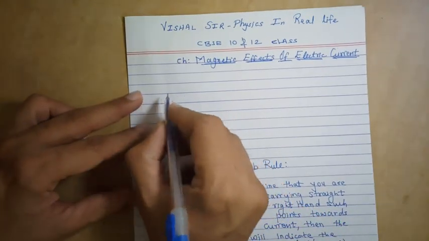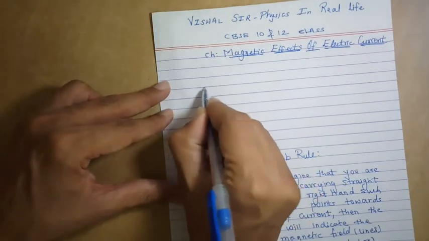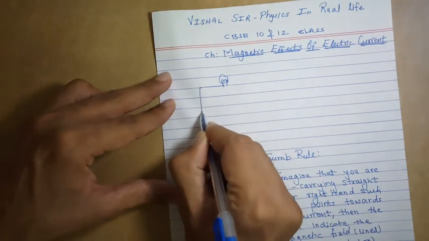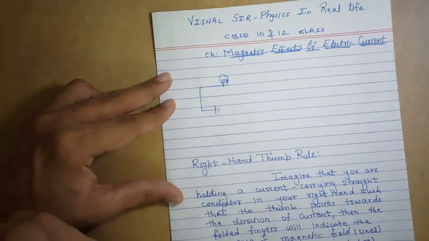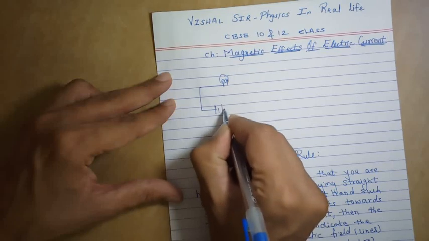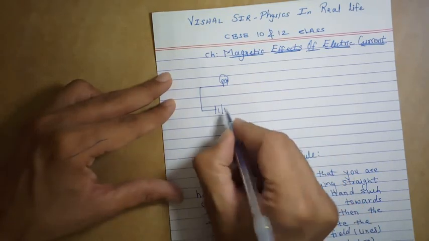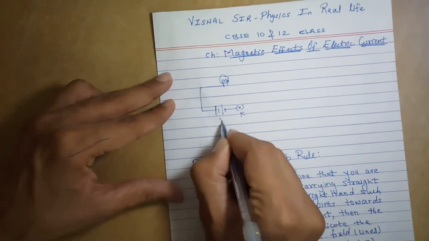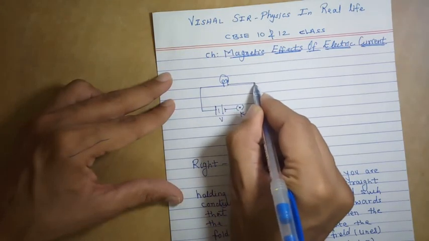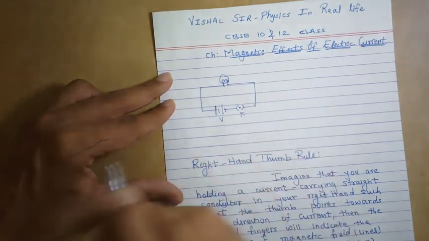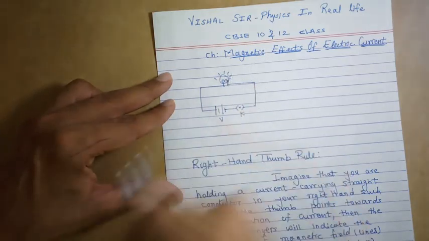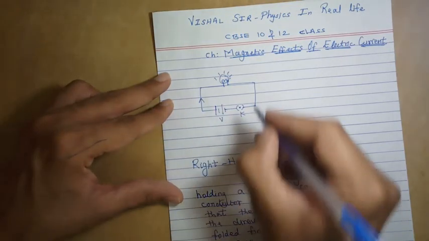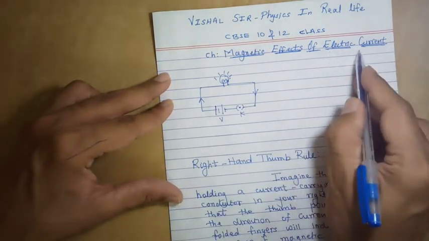Now, as you know, in any circuit, suppose you draw a bulb and a battery, positive, negative. This is the formation of a cell. Then again we combine one cell in series, there is formation of a battery. Suppose this is connected to a key K and the battery has potential V. When you complete the circuit through the key, what do you observe? The bulb will glow because of flow of current. As you know, flow of current is always from the positive terminal of the battery towards the negative terminal. This is about electric current.